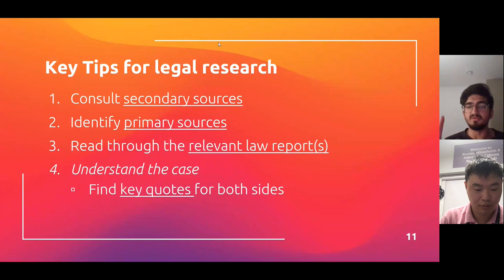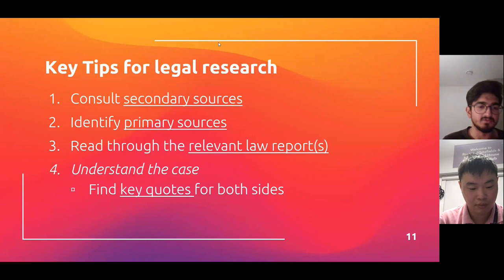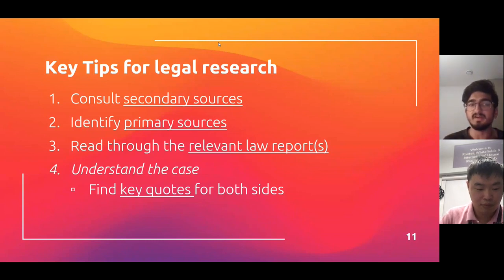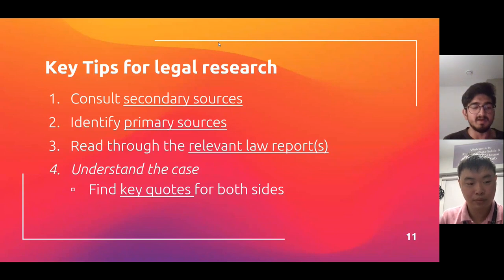Don't necessarily bother with reading the whole report. Oftentimes law reports can be, at the very minimum, maybe something like 20 or 25 pages if it's a relatively minor piece of case law, or they can be 100, 150 at the other end of the scale. The best thing to do is to go specifically to the headings which are relevant to what you're looking for. And then from there, look for key quotes